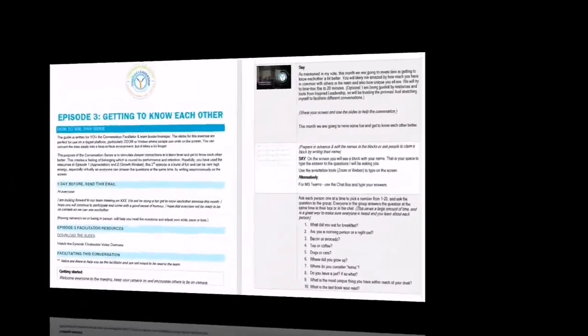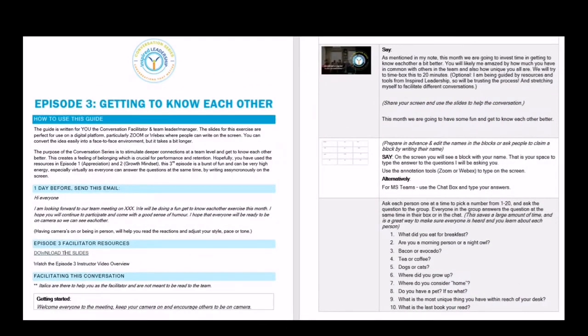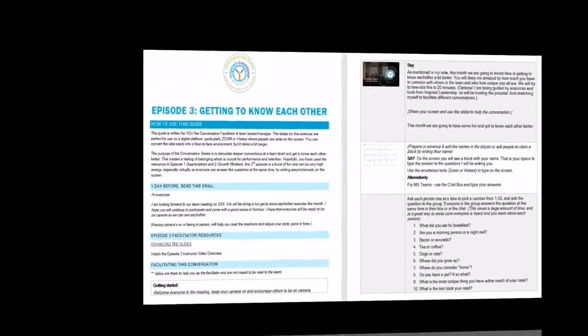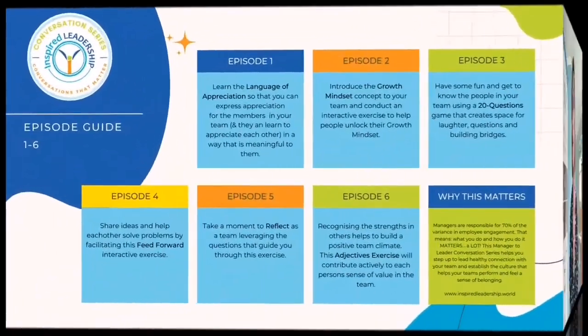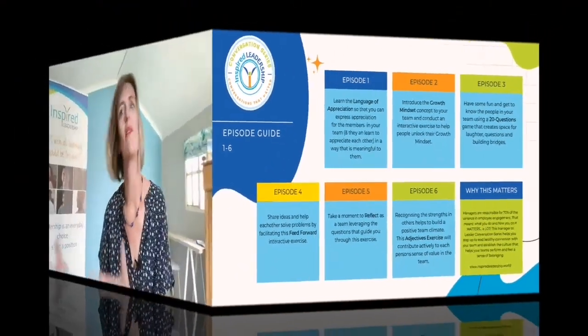So what you'll find in the resource pack is a set of slides as well as 20 questions, and that's included in your facilitator guide. The guide is going to walk you through how to hold this particular conversation with your team. In general, you'll put this at the start of your meeting. So you'll let them know that you're going to do something at the start of the meeting. And if you've done episodes 1 and 2, they'll start to be getting into it, going, this is how it gets done around here, which is wonderful.